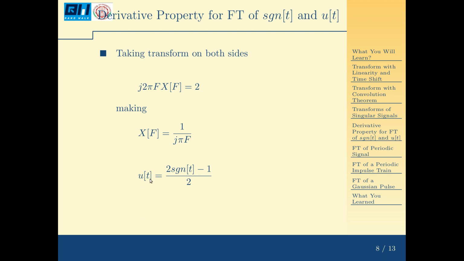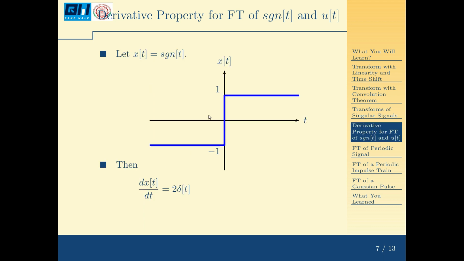How is a unit step related with my sgn(t)? If I multiply this by 2, it will become 2 here and minus 2 here, and I can add a